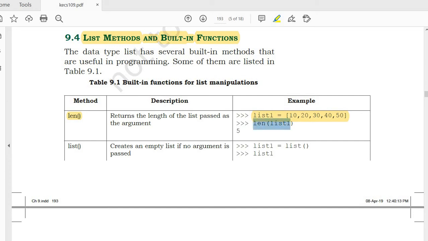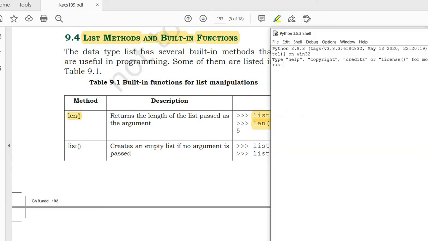If you write len of list1, that means we are calling the function len with the parameter list1, I mean the argument list1. Okay. So I'll write the same program here. I'm writing another list1 equal to, writing hello. So this is my string element. Then I'm writing another element 3, 5.7. So how many elements do I have? I have just 3 elements. So I'm writing len of list1. I got the result 3. A simple function to return the length of the list passed as the argument.